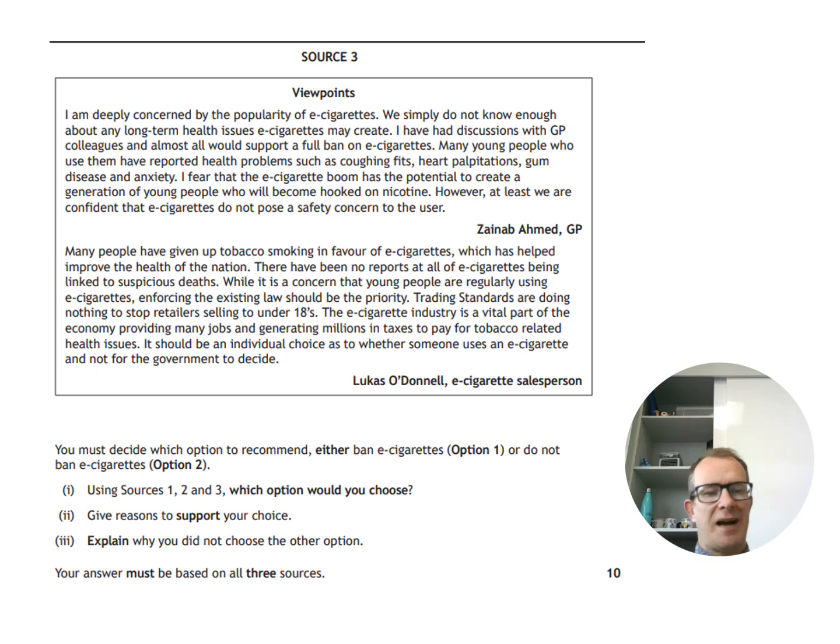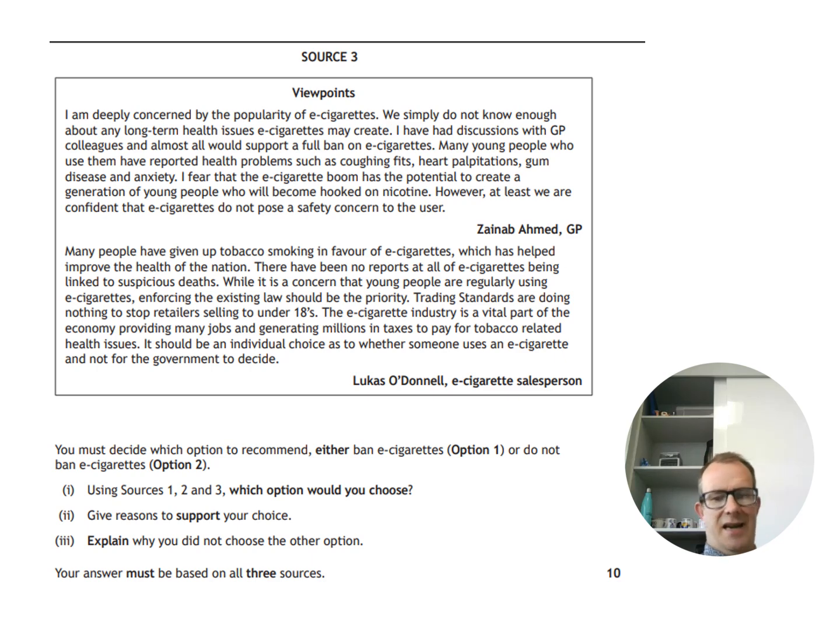So option 1, to ban e-cigarettes, you've got to add 4 paragraphs on why you chose option 1. Each paragraph is worth 2 marks. We use 2 sources, that's 8 marks. For the other option, to not ban e-cigarettes, look at Lucas O'Donnell, the e-cigarette spokesman. Try to find something he's incorrect about. He will say something that is not right, and that's why you didn't choose option 2. So look at what he said that's incorrect, and try to find out why he's wrong using evidence from the sources. In the next few slides, I'll take you through how to get 8 marks for choosing option 1 to ban e-cigarettes.